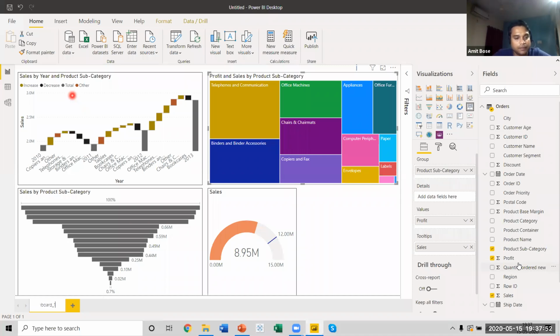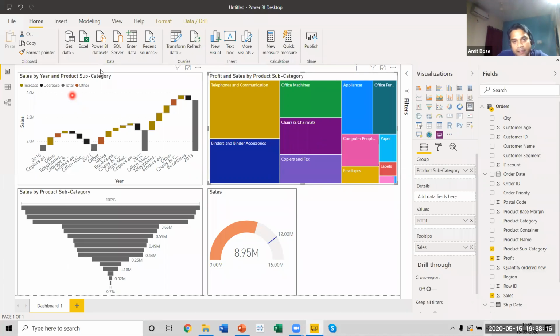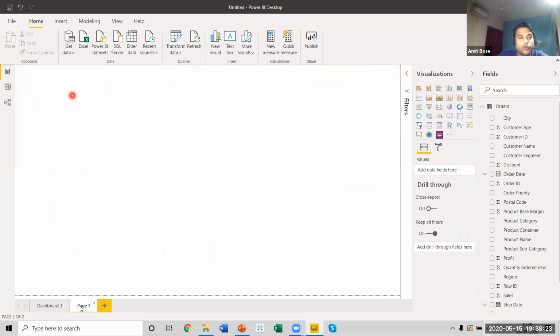one. So in dashboard one, we have 4 visuals: the waterfall chart, funnel chart, gauge chart, and the tree map. Now you can groom these charts by changing the titles, and I hope by now you know how to format your titles and how to highlight your title. I leave it to you to explore these titles. You can just click and make your dashboard more and more attractive as per your convenience. So let me go back to the next example and show you how I can develop a scatter chart